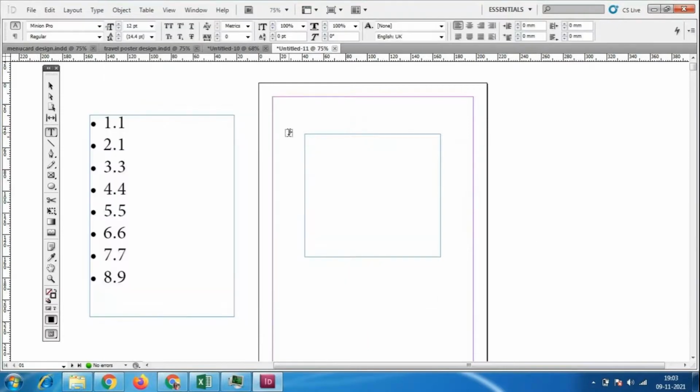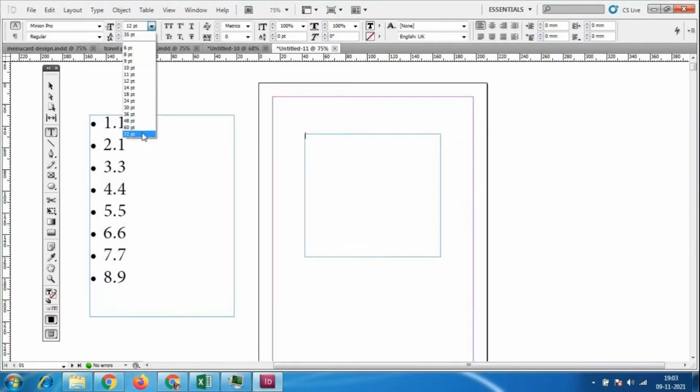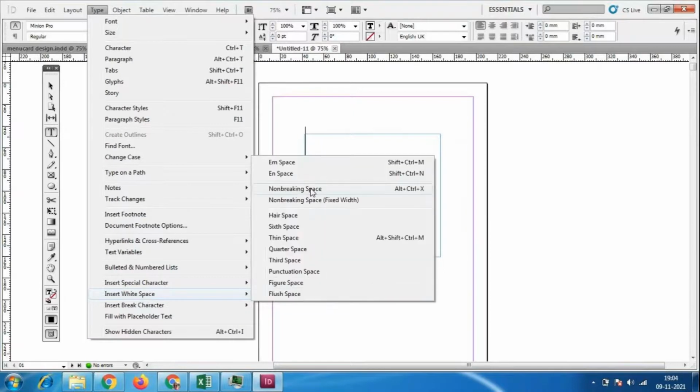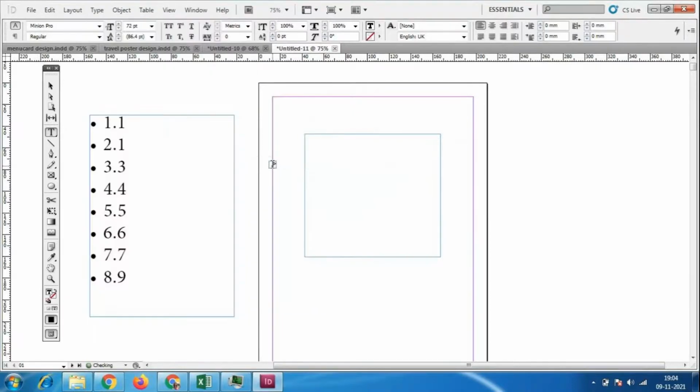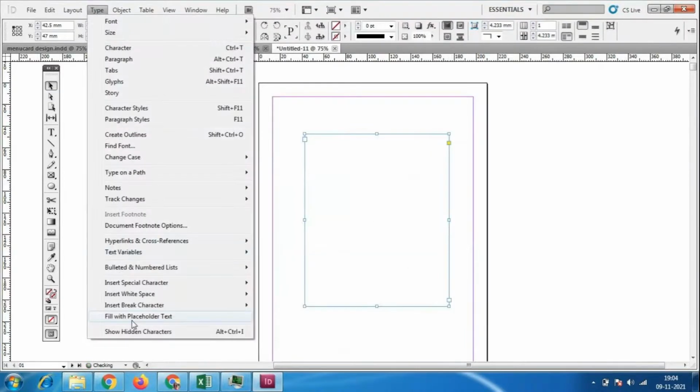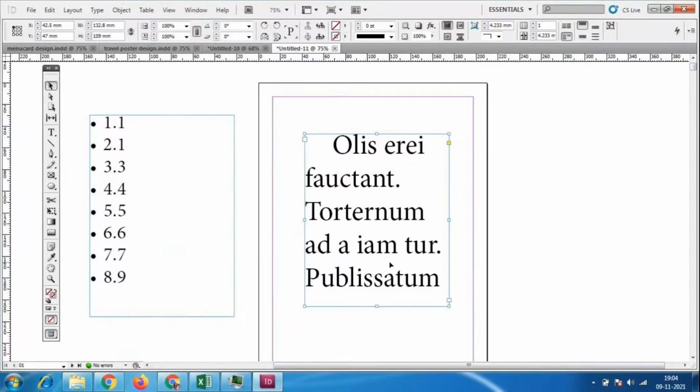In the sense, suppose if I increase the size of this text, it always comes with the text only. So if I go to Type and Insert White Space, insert white space in this is em space. So this is the space. So where we are using this option, while Type, Fill with Placeholder Text,